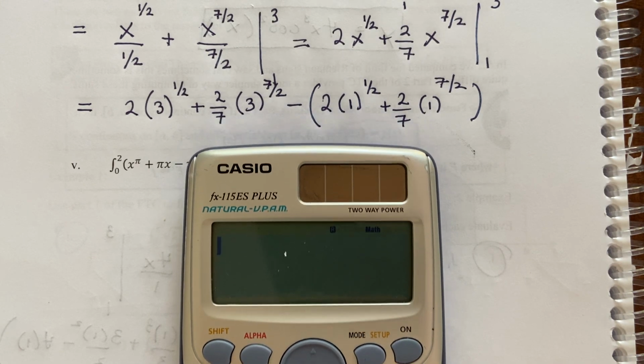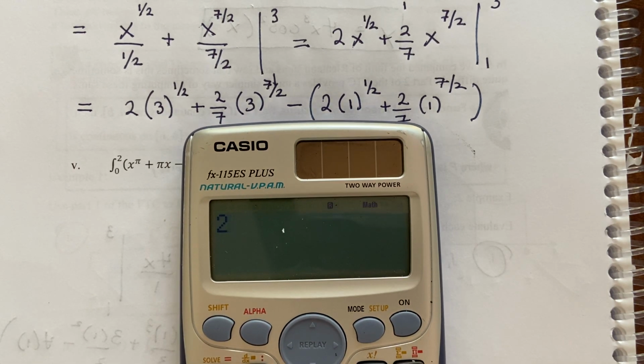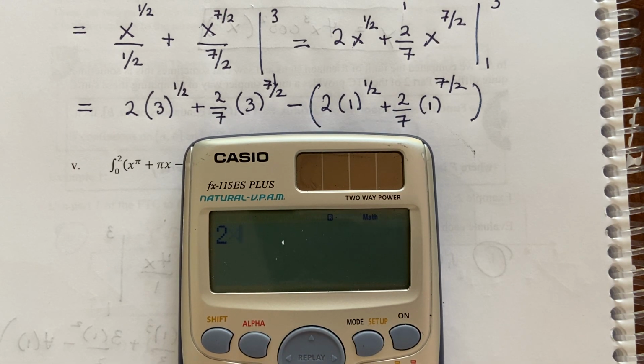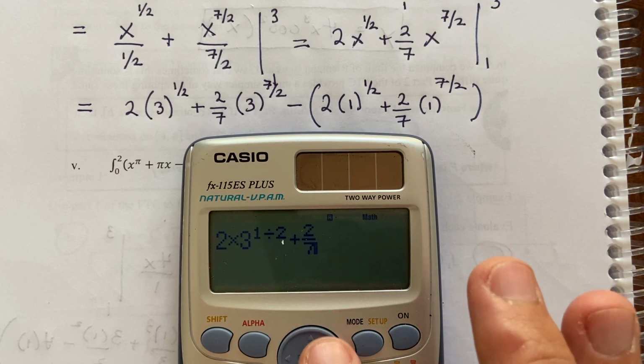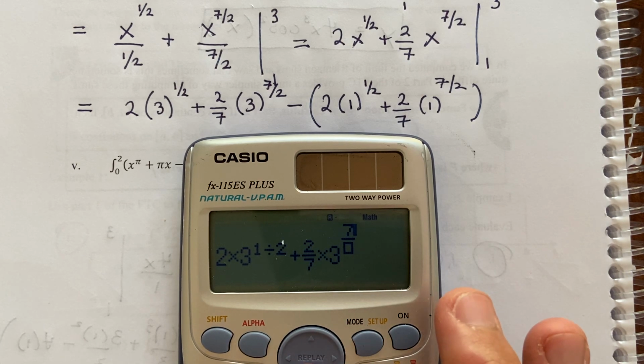Okay, so maybe I'll be rounding this. Let's see. So I'll type this in: 2 times 3 raised to the 1/2 plus 2/7 times 3 raised to the 7/2